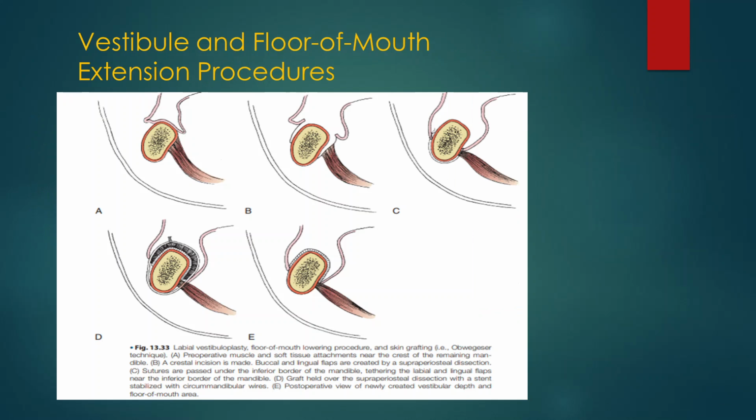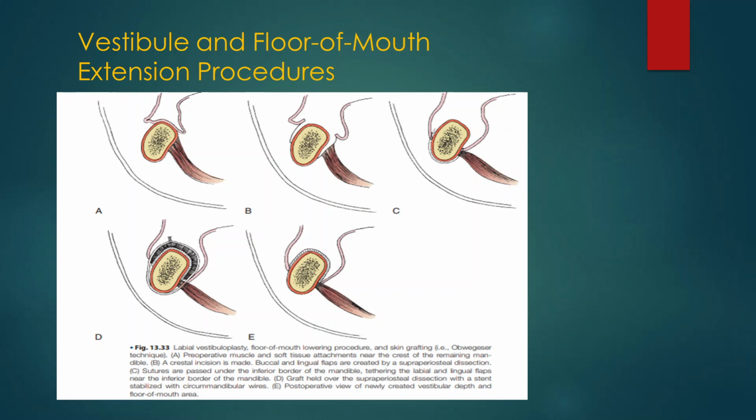The vestibule and floor of the mouth extension procedure. First of all, as we can see in A, preoperative muscle and soft tissue attachment near the crest of the remaining mandible. Then a crestal incision is made, and buccal and lingual flaps are created by supraperiosteal dissection. After that,